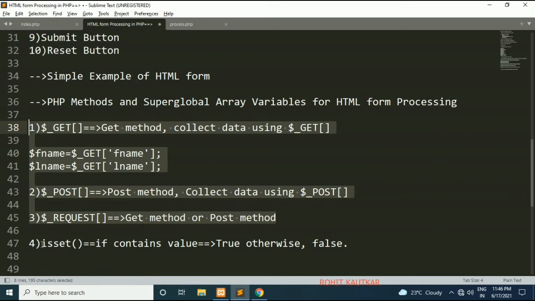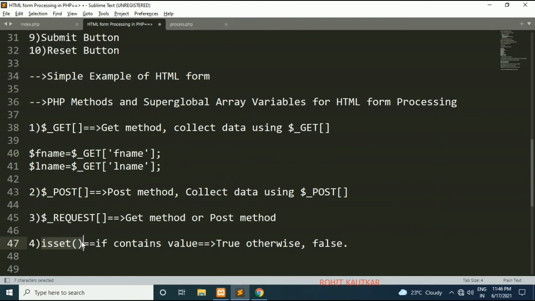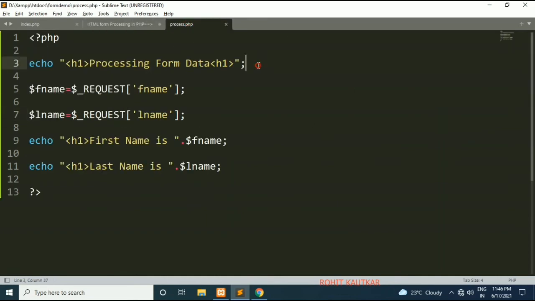Now friends, there is one more function we have, the isset function. This function is basically used for checking whether a certain variable has a value or not. If your variable has a value, it will return true, otherwise false. So we can use this isset function here.